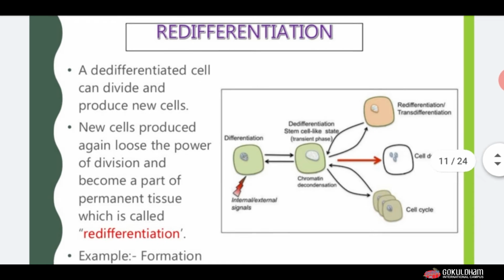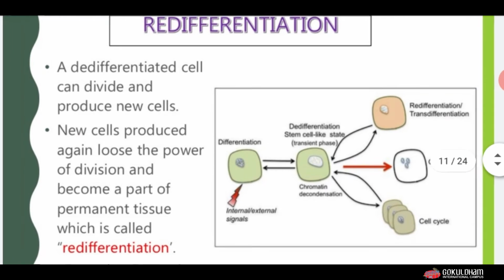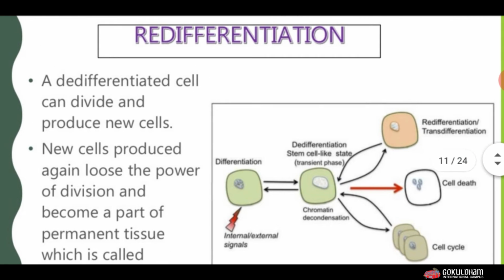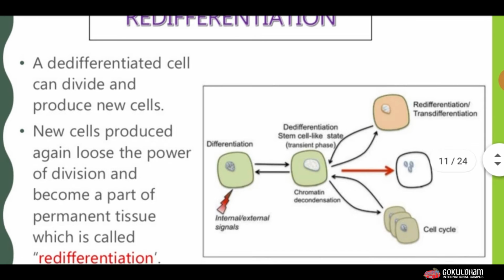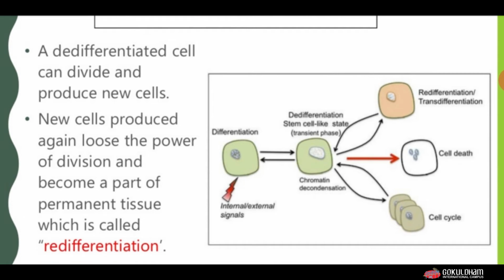Now let us see what is redifferentiation. Redifferentiation is the process in which the de-differentiated cell is again converted into a mature cell, which is known as redifferentiation. A de-differentiated cell can divide and produce new cells. The new cells produced again lose the power of division and become a part of permanent tissue,